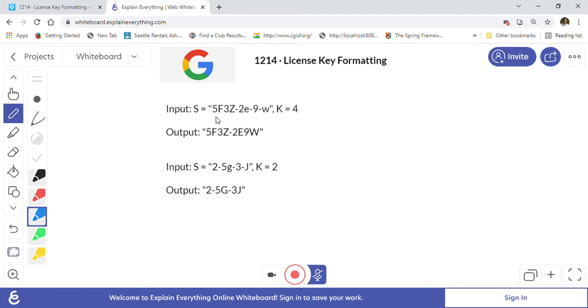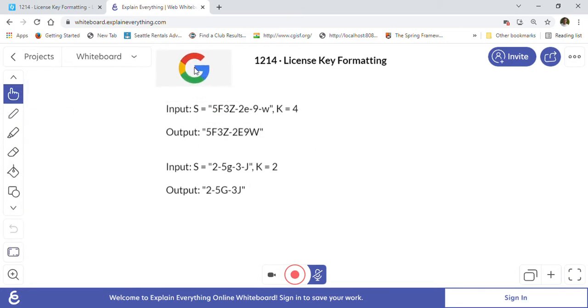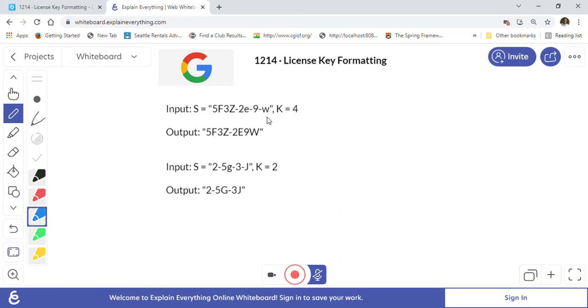As you can see, this string is given to us and it uses alphanumeric characters only, and there are a couple of dashes here. These are separators between the groups. They want us to group this string. The first thing is we have to capitalize the whole thing.